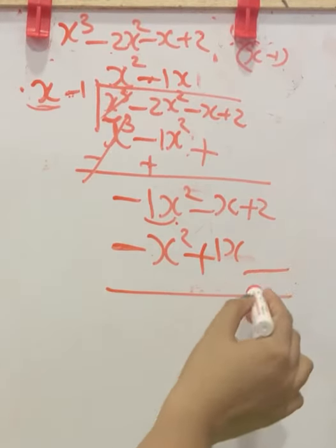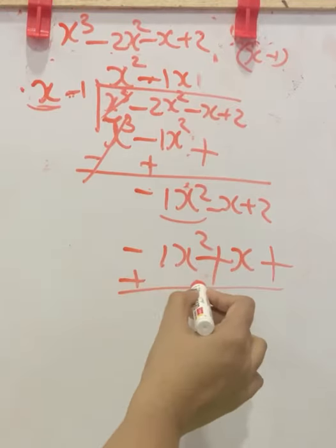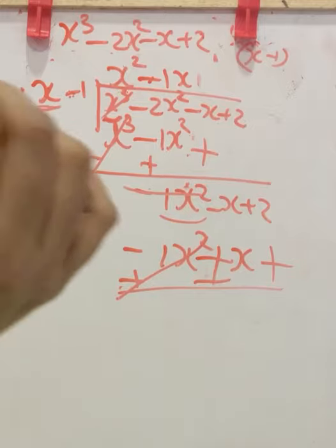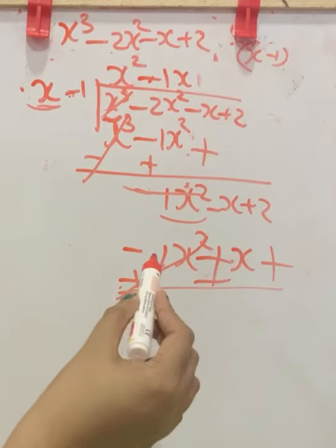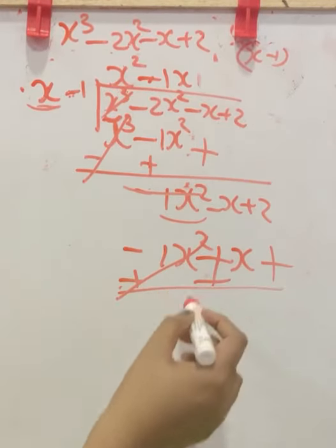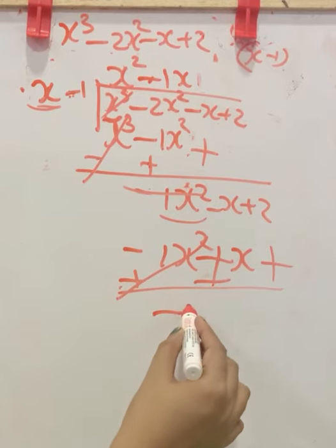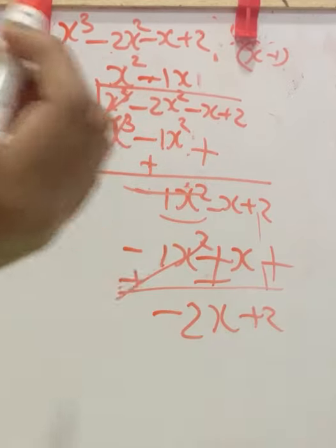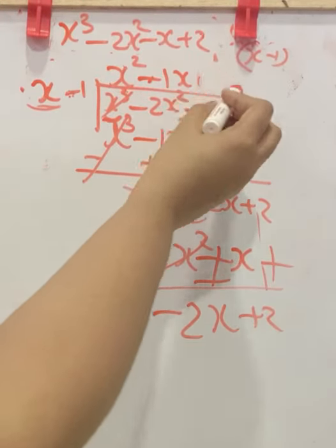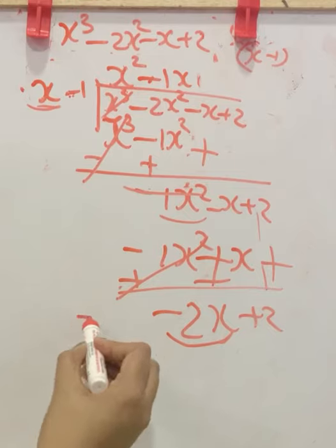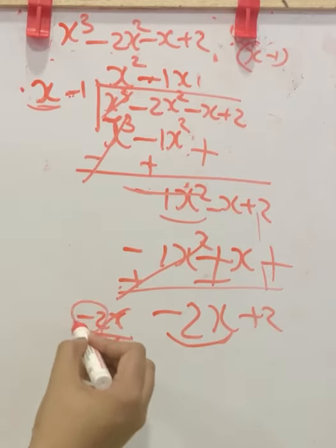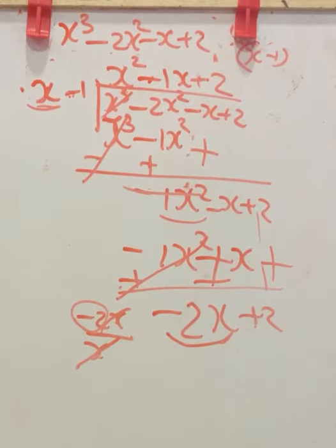Now next subtraction, make it addition, change the signs here. Plus 1x square and minus 1x square get cancelled because they are additive inverses. Minus x, the new sign is negative here. So minus 1x plus minus 1x is minus 2x. Carry down this plus 2. Next, to get the third term in the quotient, you have to consider minus 2x by this x. X and x cancelled. Minus 2 will be the result. So minus 2. Now multiply each term in the divisor with minus 2.